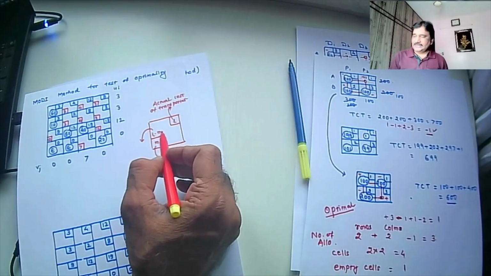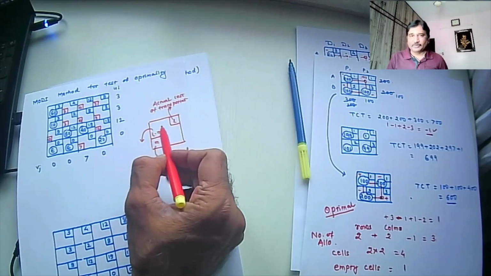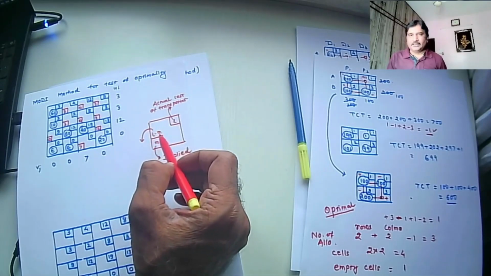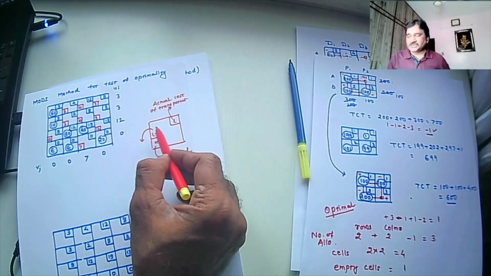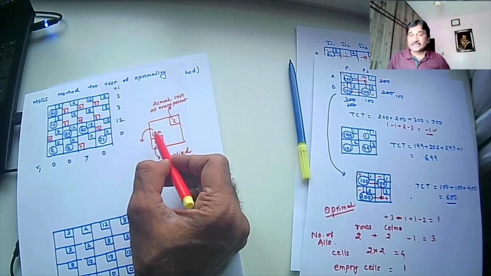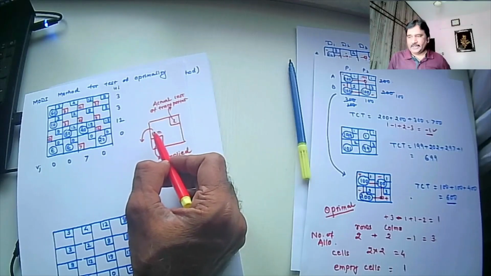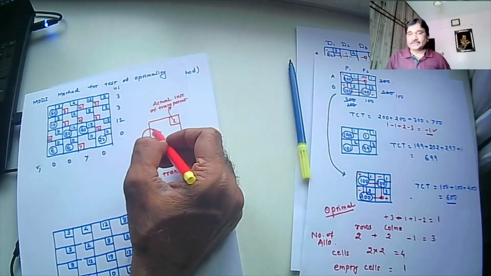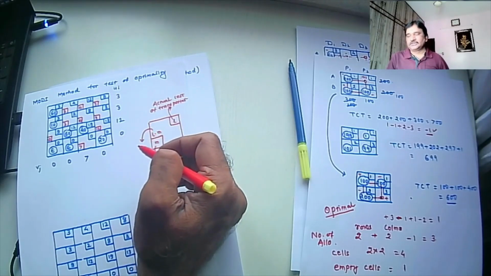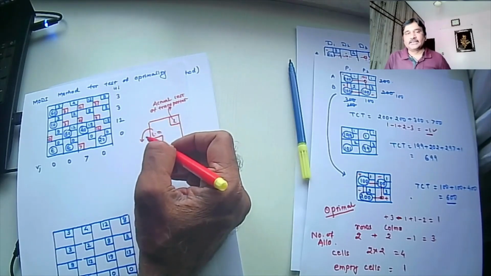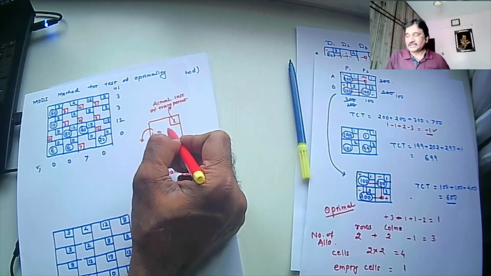Instead of calling this value L minus M the saving potential, the better term will be cost change. If this cost change is negative, that will imply that there is saving, and if this is positive, it will mean that the cost will increase if the allocation is done to